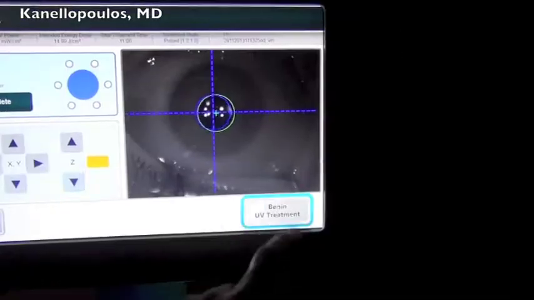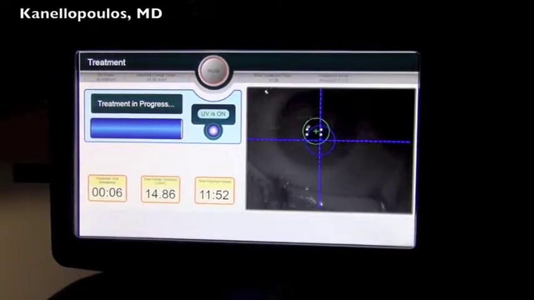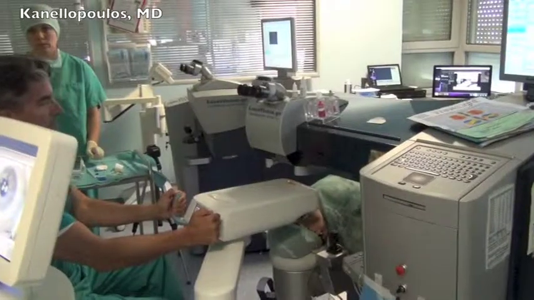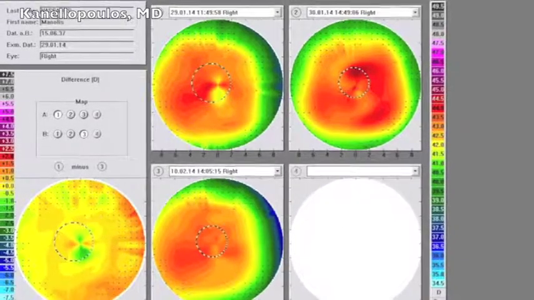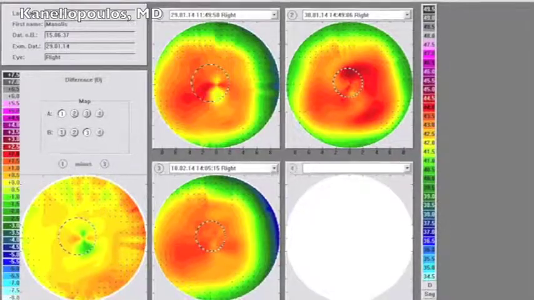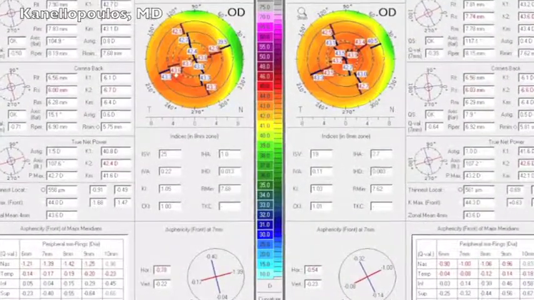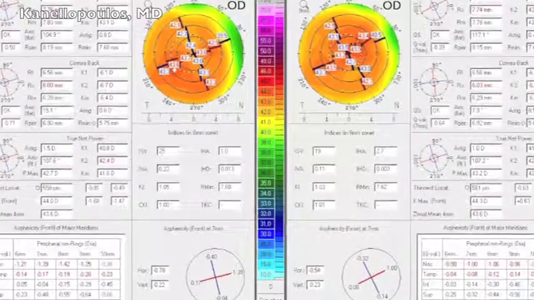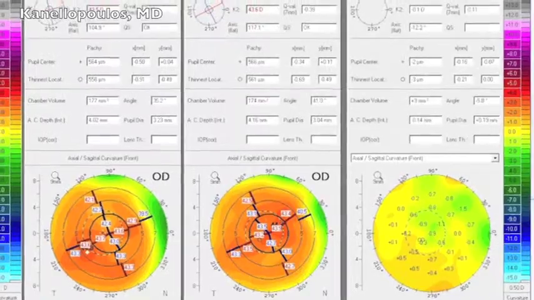We adjust the height, up and down adjustment, and you can see here the treatment in action, pulsing, continuous tracking, and then once we're done removing the device, you can see the remarkable difference before on the top or on the left here and after on the right, and significant treatment of this irregular astigmatism with just light, with just